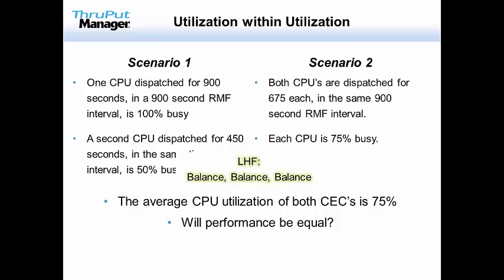Low-hanging fruit. Balance, balance, balance. This is a term that you will hear throughout this session and really applies to so many areas, not just CPUs, but within your entire infrastructure. You've got multiple LPARs, multiple machines, multiple CPUs, multiple channels, storage devices, networks. Probably the best thing that you can do, the simplest action that you can take, is to ensure that all of these resources are balanced.